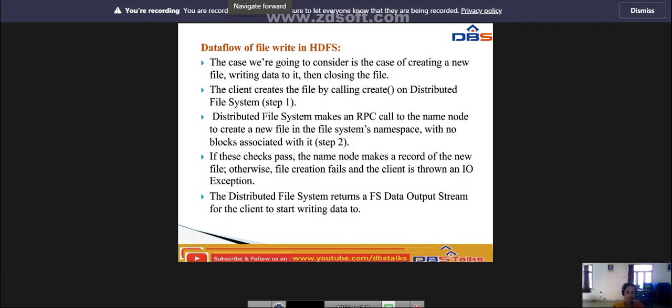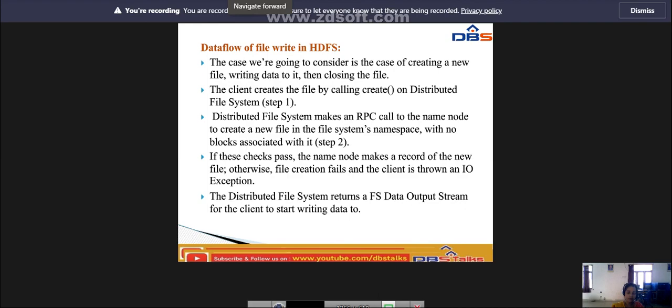So what happens in the first step? The client creates a file by calling the create operation. The DistributedFileSystem makes an RPC call to the name node to create a new file in the file system's namespace with no blocks associated with it. This is step 2.